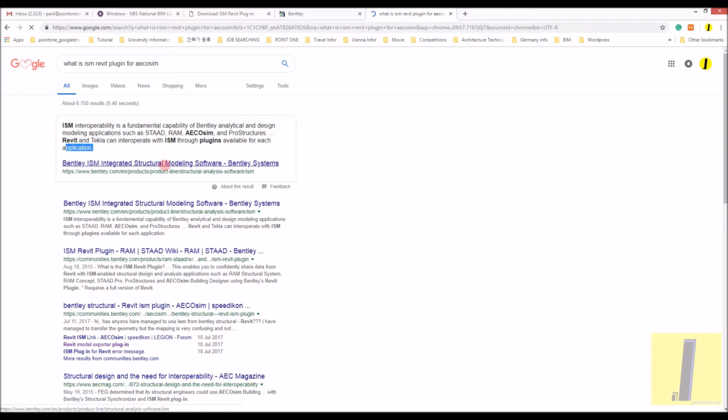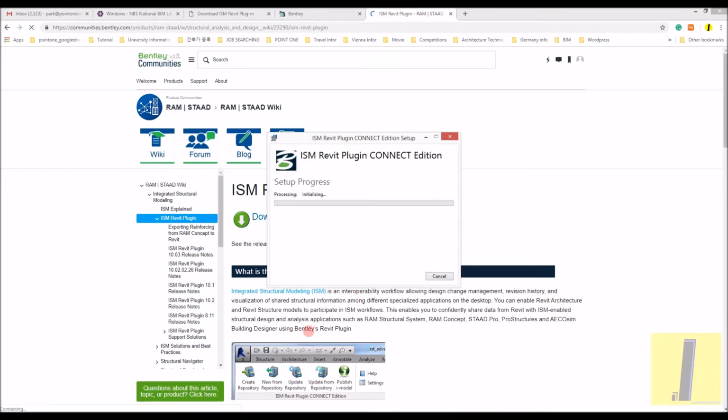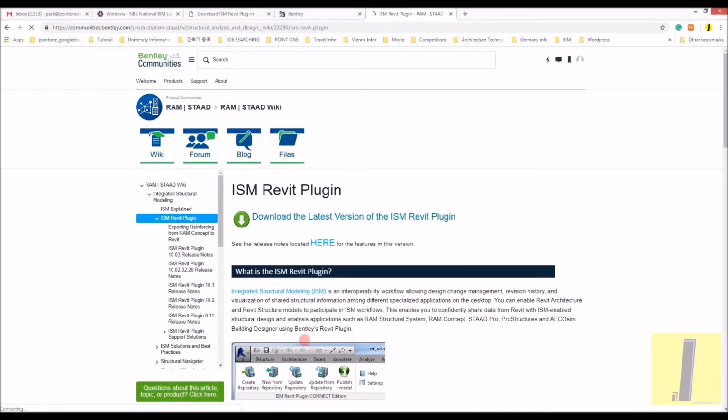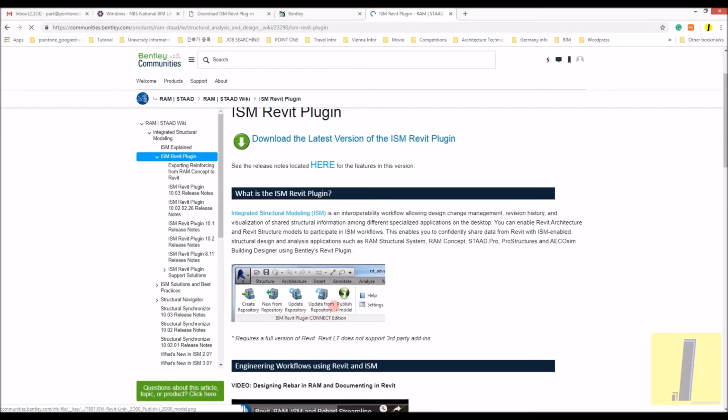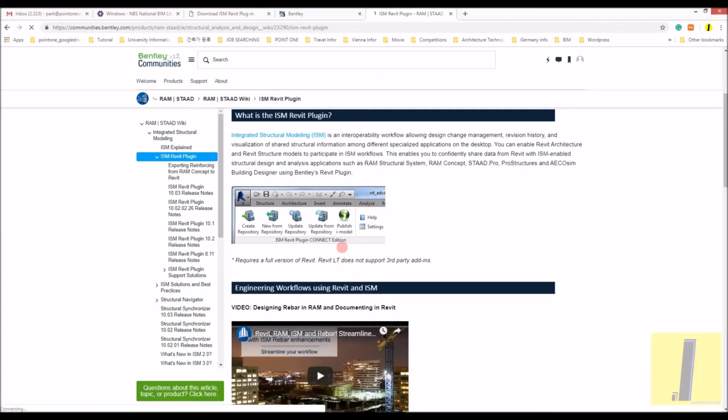Okay. So there is such a thing. With this we can actually create new from repository, update from repository, and publish iModel. So there is some explanation. I'm trying to look for things that might work, but at the moment it's still importing the Revit DWG file,